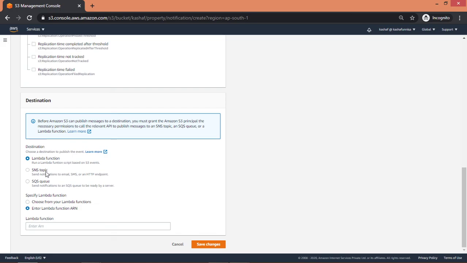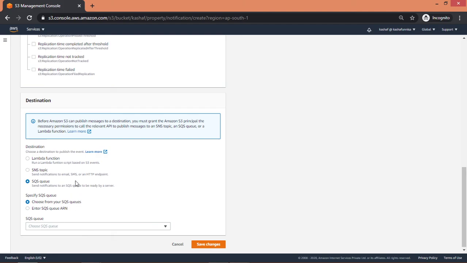For SNS topic, it is the same: you can either choose your SNS topic from this drop down if it is available, or you can directly type the ARN of your SNS topic. And the same for SQS, put your SQS ARN, or choose the SQS queue from the drop down.